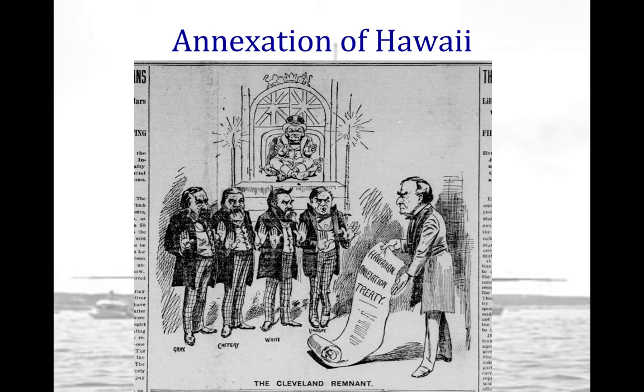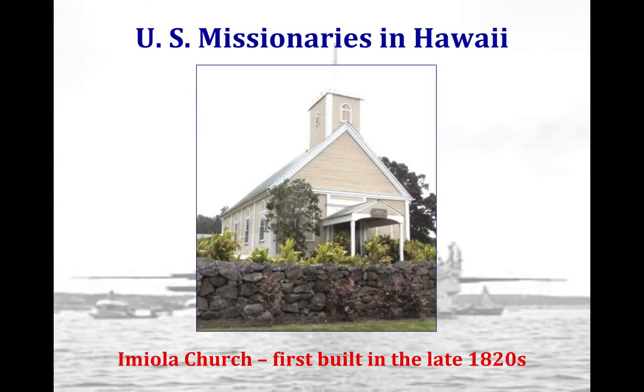Next, we have Hawaii. So realize that there was a U.S. presence in Hawaii ever since basically the 1820s. You have a significant religious mission at first. You have American missionaries and entrepreneurs settling in the Hawaiian Islands since the mid-1800s. Missionaries obviously are there trying to convert the indigenous people to Christianity, and entrepreneurs are trying to take advantage of a lot of the natural resources in Hawaii, especially the sugar.